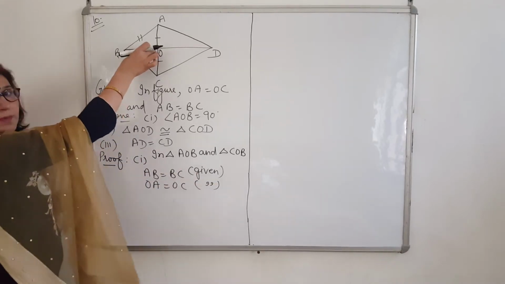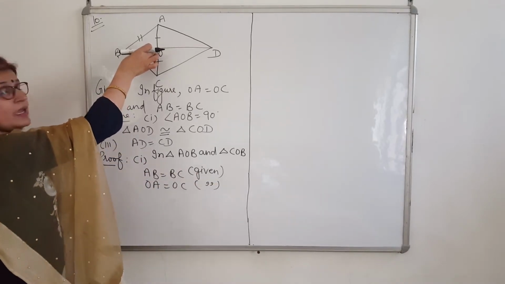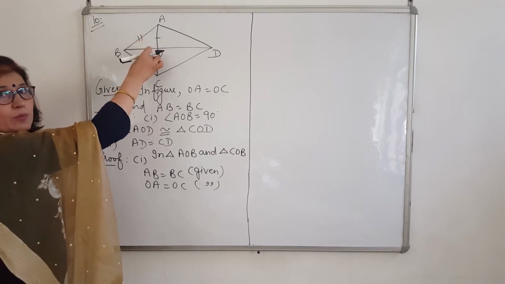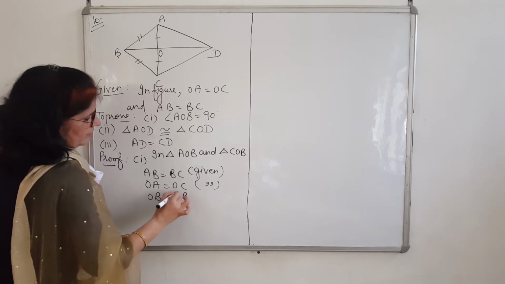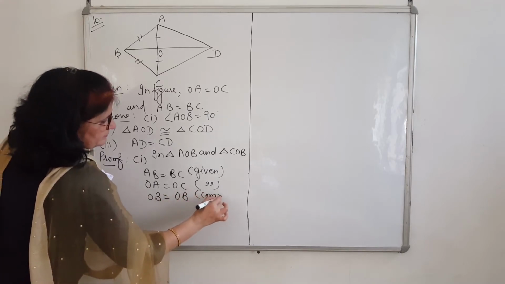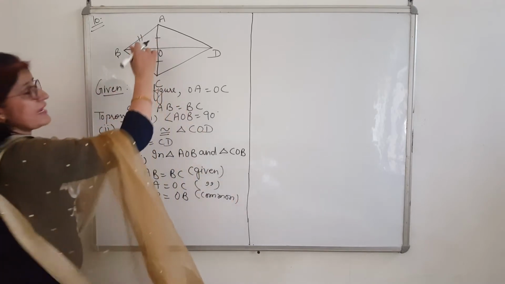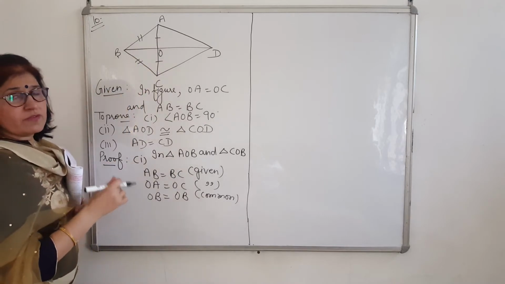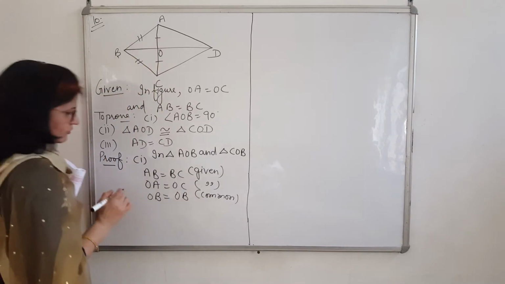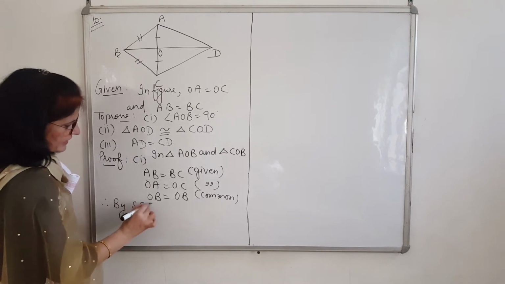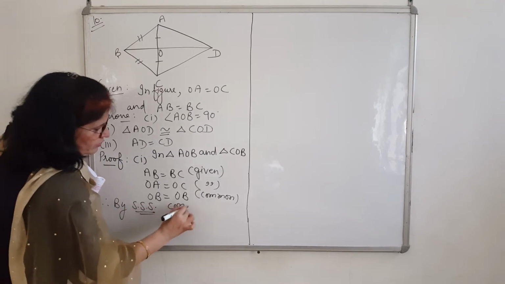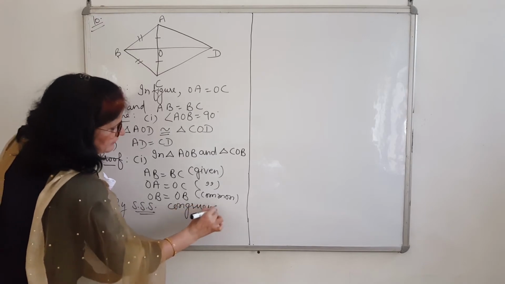And thirdly, OB is equal to OB. Why? It is common because it is coming in both the triangles. So all the three sides are equal. Which property we will follow? We will follow side, side, side congruency. Therefore, by side, side, side condition of congruency for triangles,